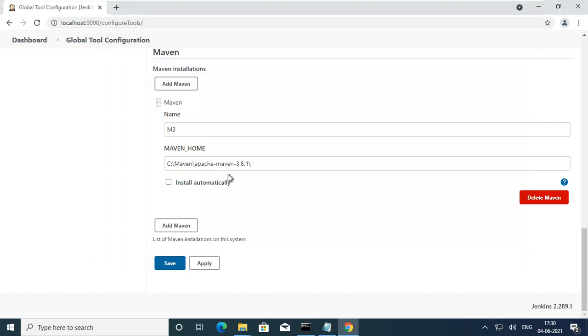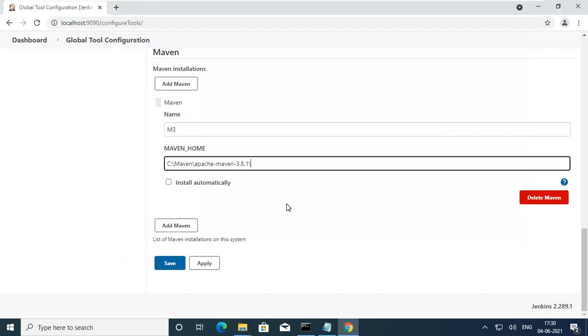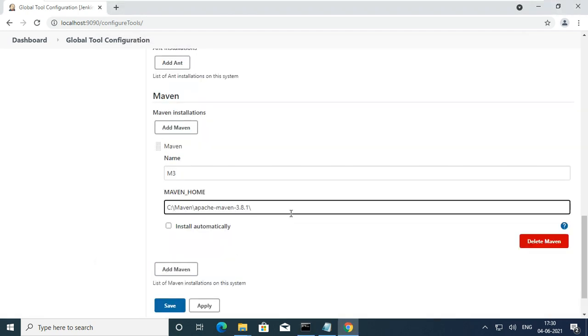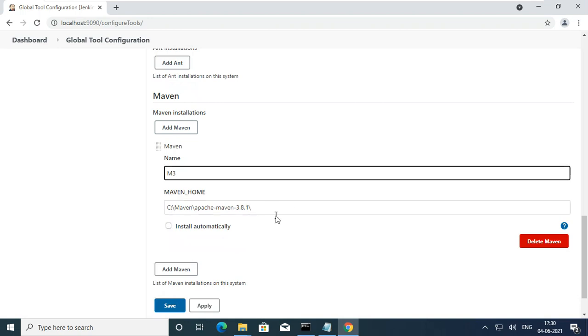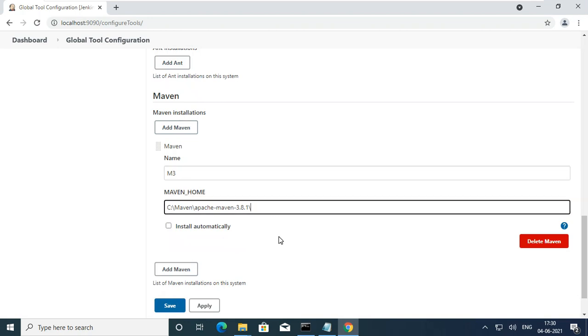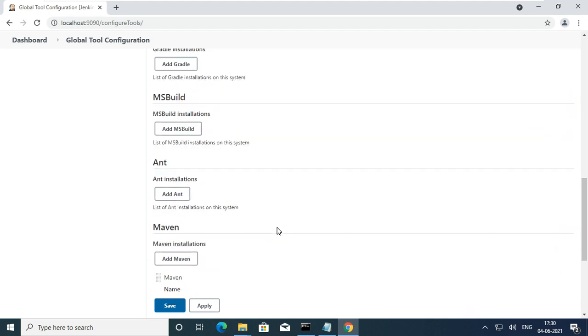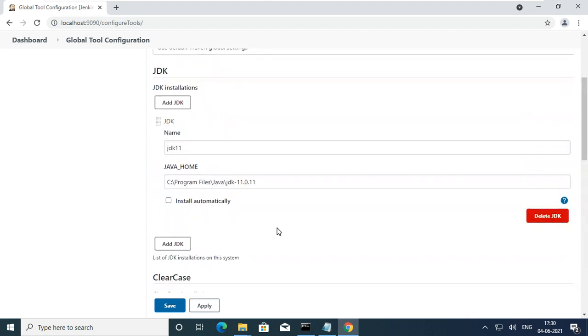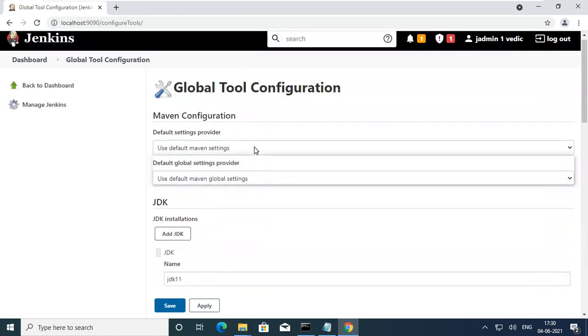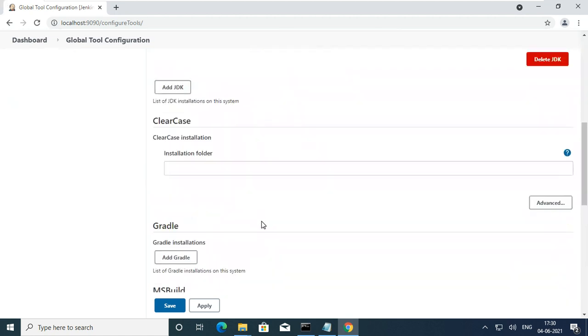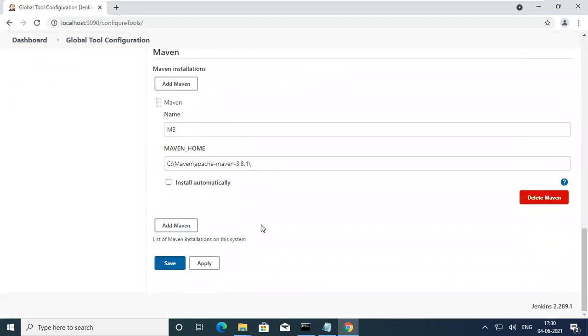Later we'll see the Maven commands. Also I specified that for system purpose. This is for Jenkins purpose. I use M3 as a name, and here I gave the location. I don't have Gradle or MS Build, and I don't have JDK, which is not required. We are not into that part. Git is missing here, so Git will come later, once we are done with plugins.